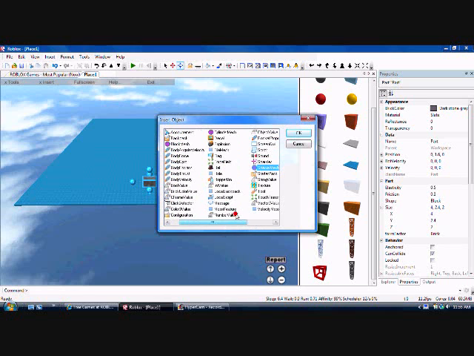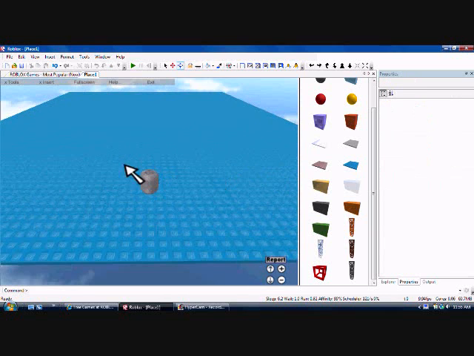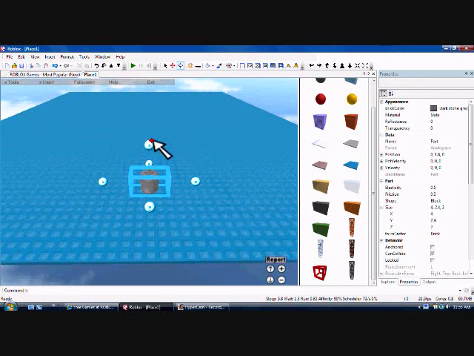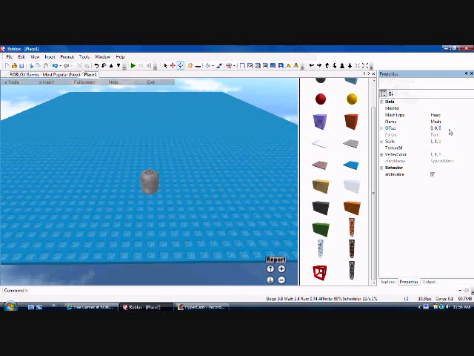Now there's several meshes in here. There's a block mesh, there's a cylinder mesh, and there's a special mesh. The one that you most likely want is the special mesh. So let's insert the special mesh. The first, what it looks like is this person's head. But we don't want to put it, so if you wanted a person's head, you could just stick with that one. There's also in this mesh